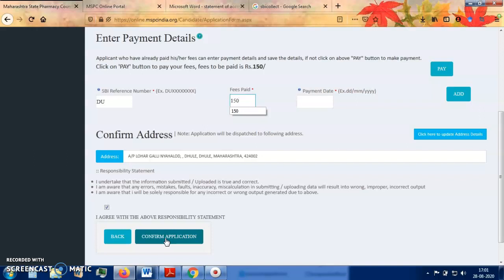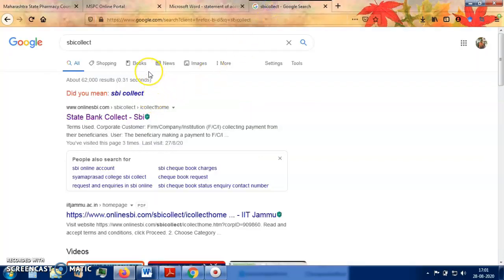Now, the important point which I was talking to you about earlier: my payment failed, but the amount was debited from my bank account. So what did I do in this case? Even if the payment shows an error, if you have used a debit card, net banking, credit card, whatever it may be, if it says your payment has failed, but the amount has been deducted from your bank account, you have to go to one website that is called SBI Collect.